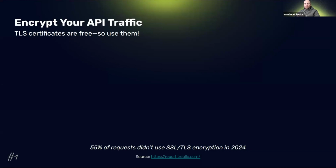But with our friends at Treble, an API observability company we are in partnership with, they have access to lots of data and process billions of requests. They provided an analysis of last year, of what patterns emerge from the billions of requests they processed. And honestly, when I checked the report, which you can access freely,